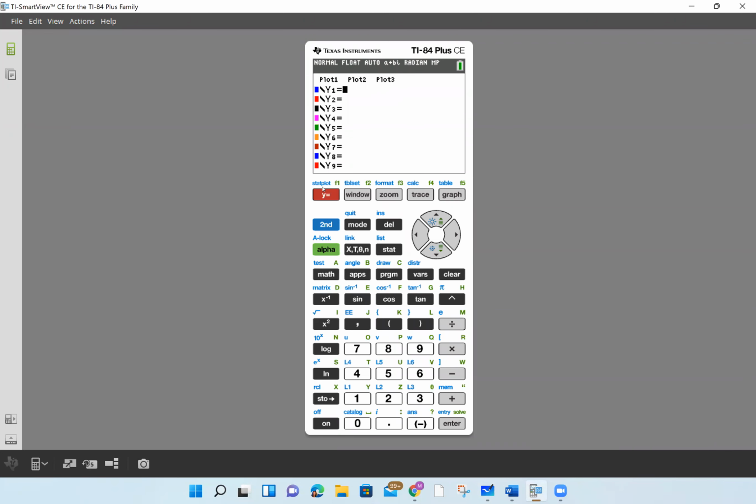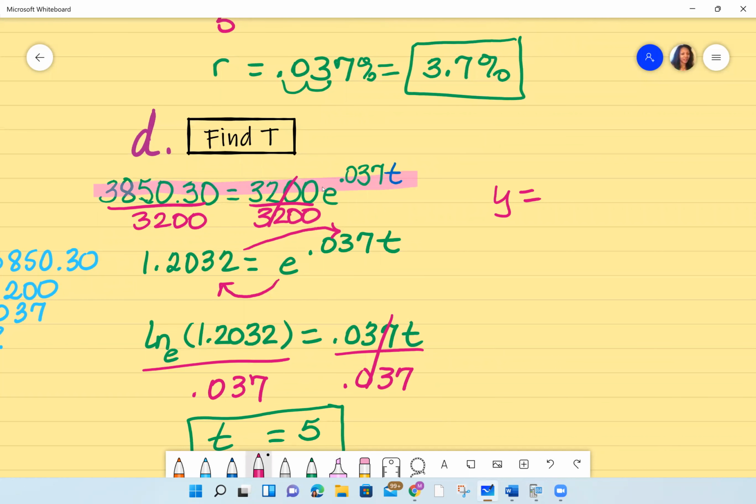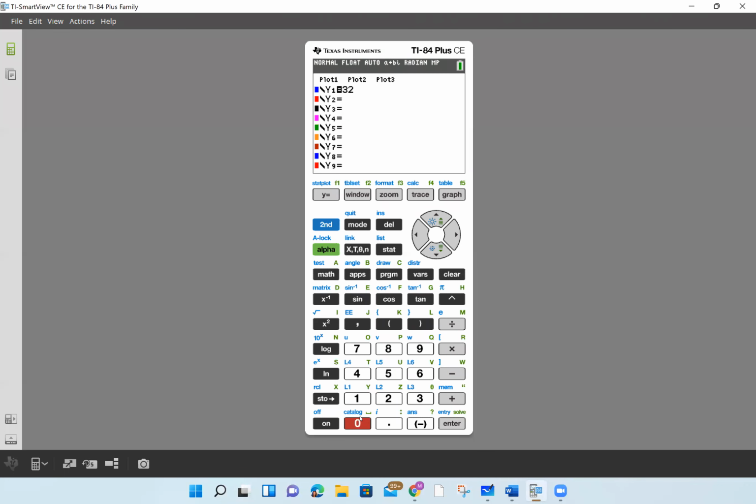If there's something there, just clear it out. What's on the right-hand side of the equation, which is 3200 E raised to the 0.037 T, that's what I want to type in. So 3200 E raised to the